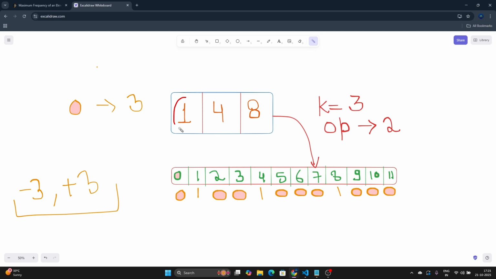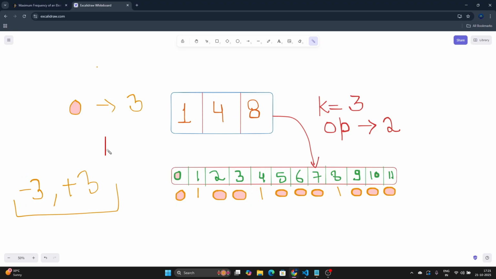If I can convert this to 4, I can definitely convert it to 3 because we have to select any element from the range of -3 to +3. So instead of selecting +3, I will just select +2. I will add 2 to 1 and this will become 3, right? I can also convert 4 to 3. The lower bound of 4, or the minimum number we can convert this 4 to, will be 4 minus 3,